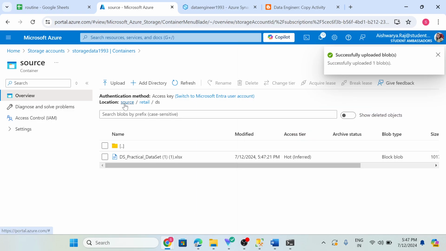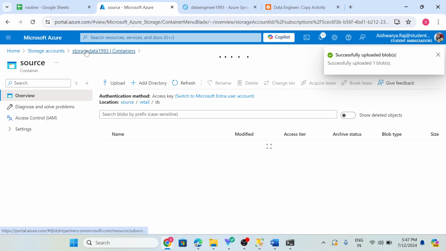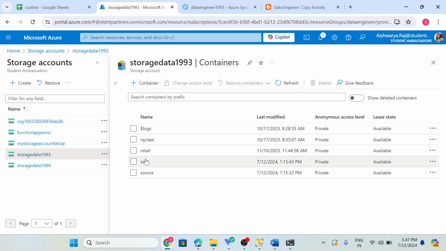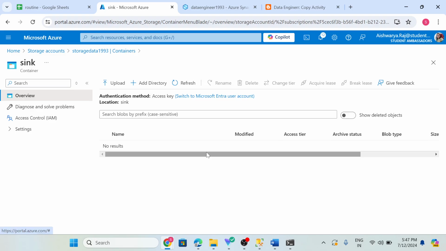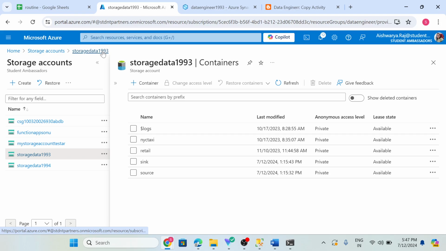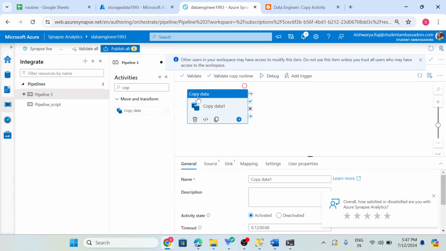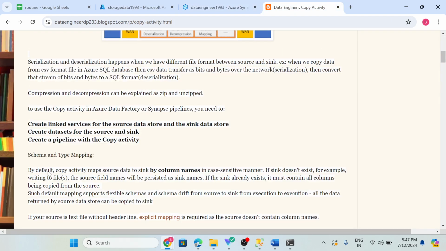Okay, now let's go again to the container. In the sink I have nothing. I don't have anything at the sink. So now let's go to the Synapse. I already started this. So in my previous video I explained